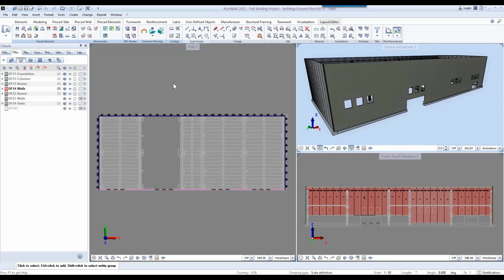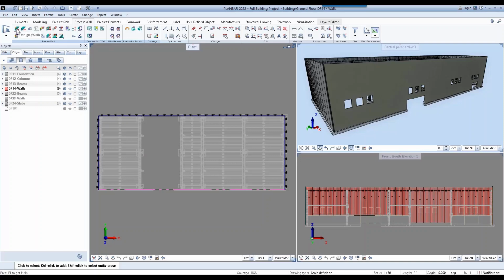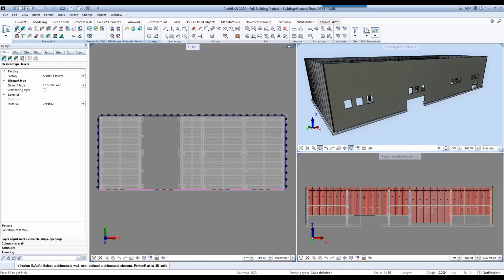We'll first go to our precast wall tool, activate our design wall up here in the ribbon, which will give you a bunch of options within all of these different tabs. But when using this tool, we'll start from this leftmost tab and we'll work our way to the right.